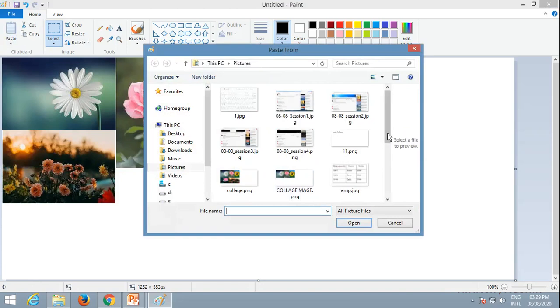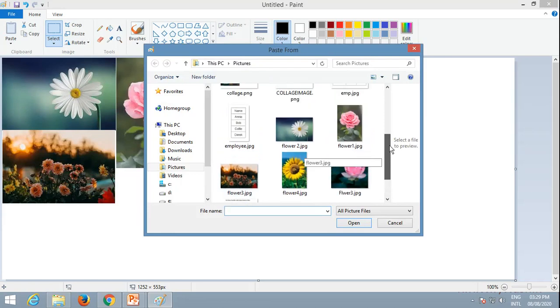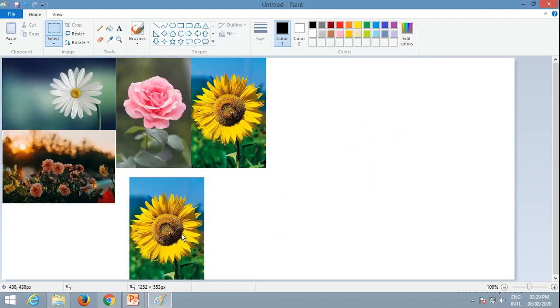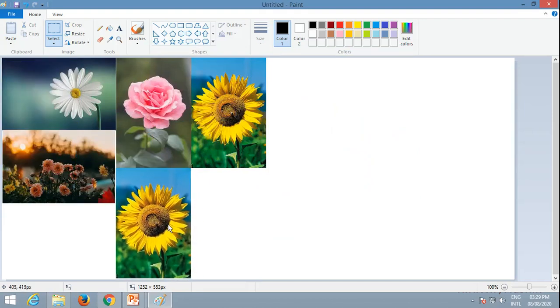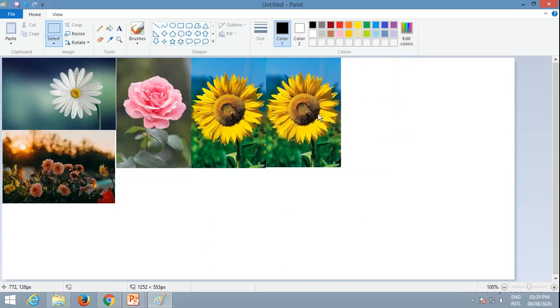Like this, you can take any number of images here. Now, whatever you want, you can do the changes here. Now see, this will be done.